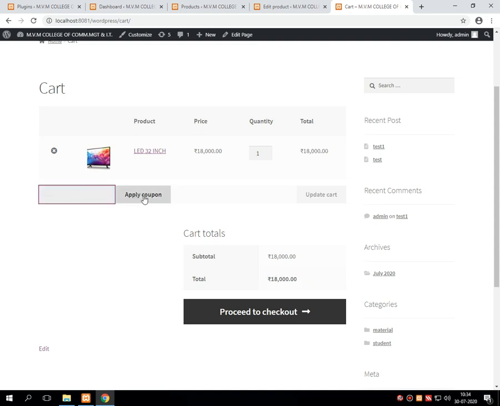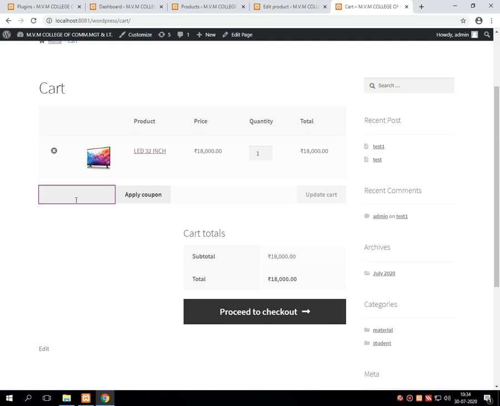It even gives the facility of applying a coupon. Now what is a coupon? It's a promotional code. Suppose you have some promotional code, by just applying this promotional code over here, you will get a discount on this price also. So parallelly over here we are also creating the coupon code, and then we go for the checkout process.